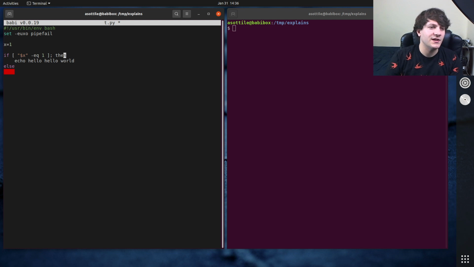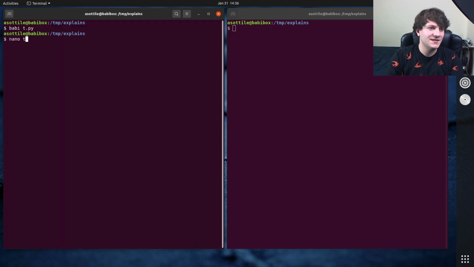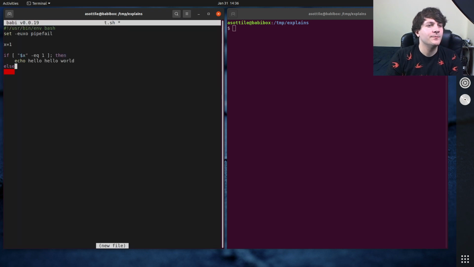wait, why is this not syntax highlighting properly? Oh, I wrote t.py. Hang on a sec, let me put this in an actual shell script. t.sh, there we go. Now it's highlighting properly. Echo, no, fi. Okay, so this is the basics of an if statement in Bash,